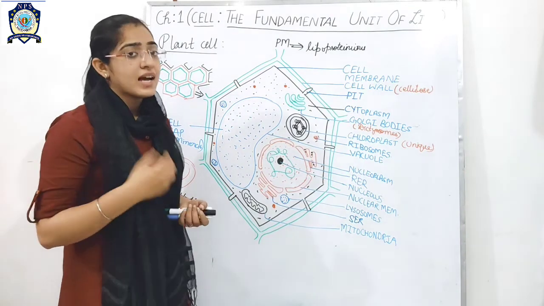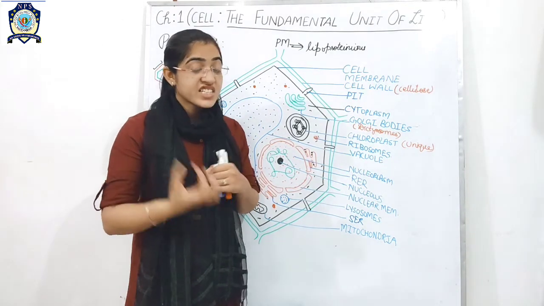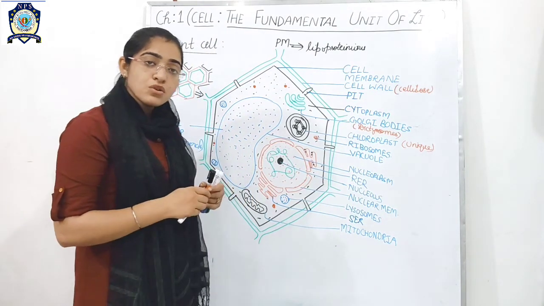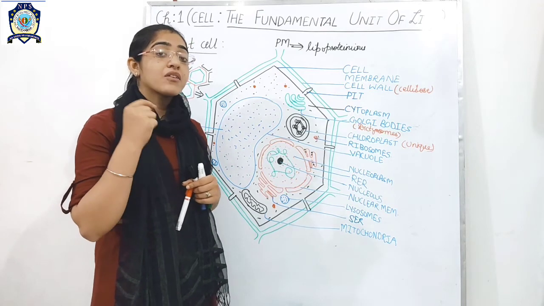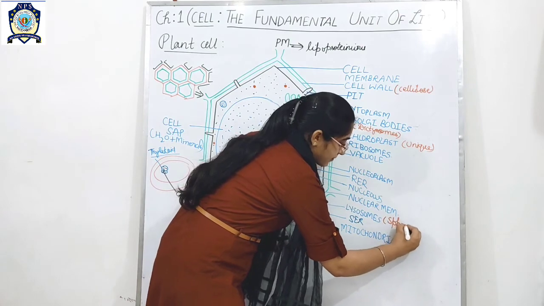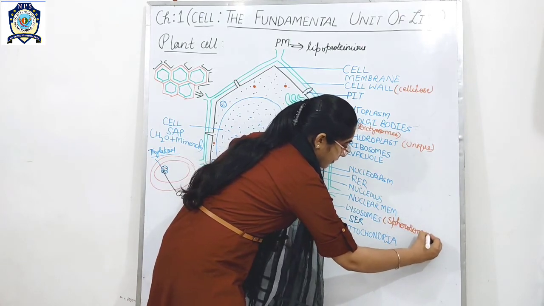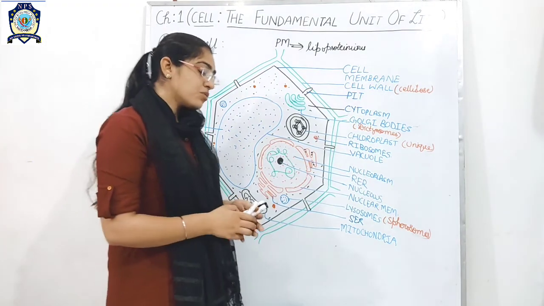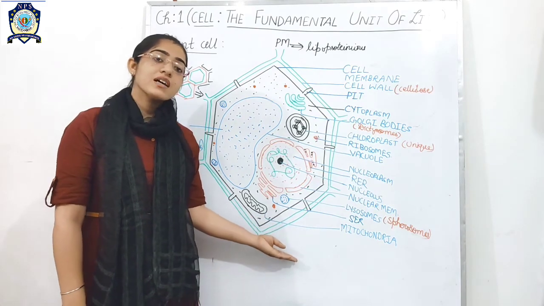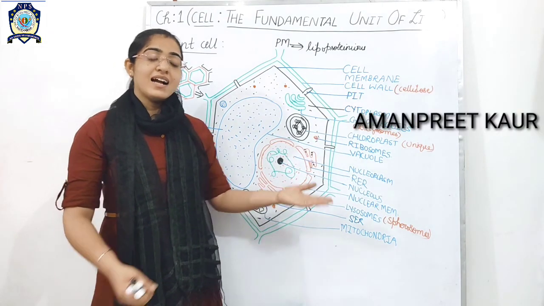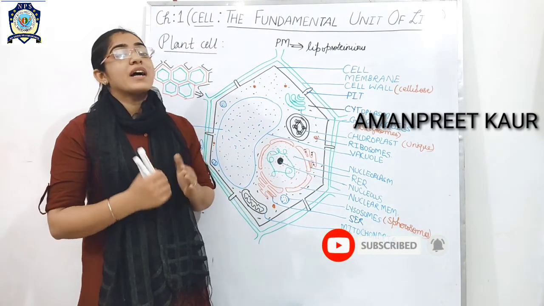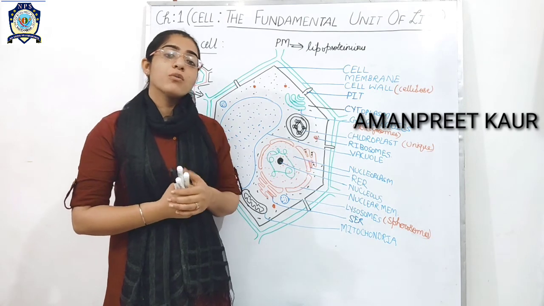If we talk about the lysosome, then lysosomes are the digestive bag, suicidal bag, as you have studied. Lysosomes in case of the plant cell are very few in number and also called the spherosomes. Okay, and the mitochondria, the number of mitochondria depends upon the physiological activity of the cell, and mitochondria is also called the energy currency of the cell, providing energy to the cell in the form of ATP.